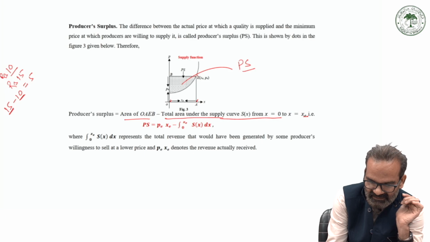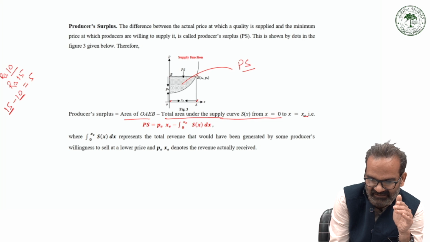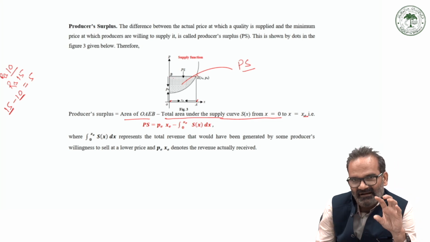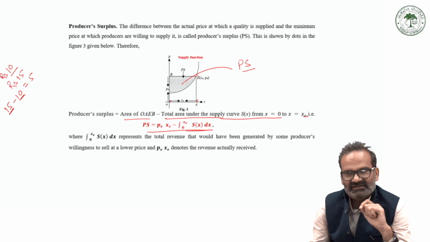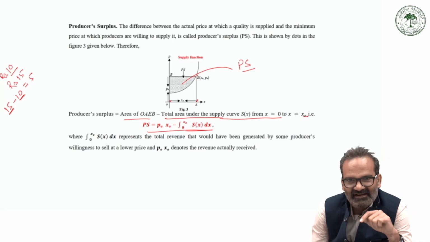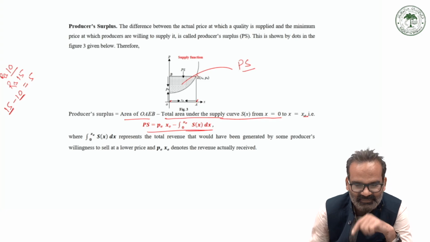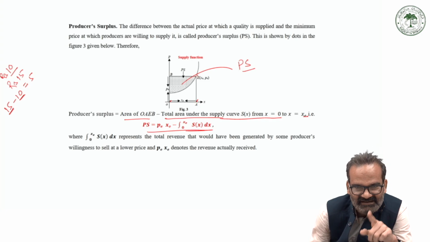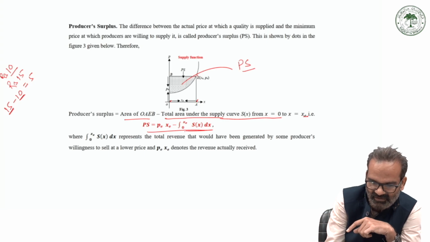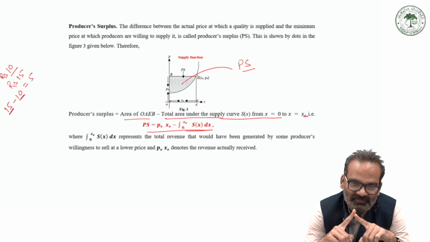So this portion which is not shaded should be subtracted from the area of the curve to get the area of the shaded portion. So the formula becomes: producer surplus is equal to the area of the rectangle. One side is xe, the other side is pe, so its area is pe into xe, minus the area under the curve. We have the same formula, and I have told you in the very beginning, the consumer surplus is governed